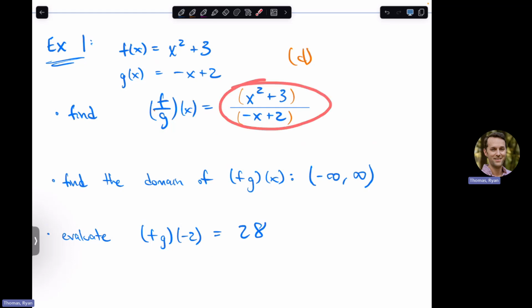Now this thing, there's no obvious simplification we can do. Nothing there cancels, nothing there reduces. If you're tempted to do something like this, don't, because that's not how that works. It's dividing, they have to be factors. So there's nothing we can do to simplify that. So we'll just leave it like it is. That's fine. But now when it comes time to talk about f divided by g,